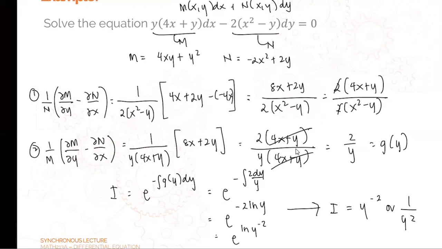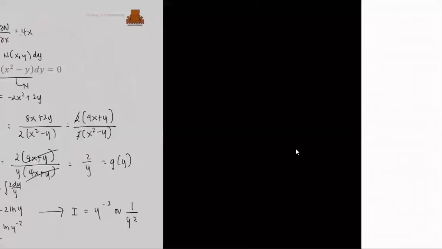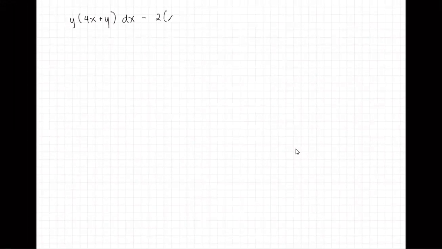Okay? Okay, so apply na natin yung solution. So, yung original equation natin, again, is y times 4x plus y dx minus 2 times x squared minus y dy is equals to 0. Okay? Then we multiply that by 1 over y squared. Okay? So, pag multiply natin, this would be